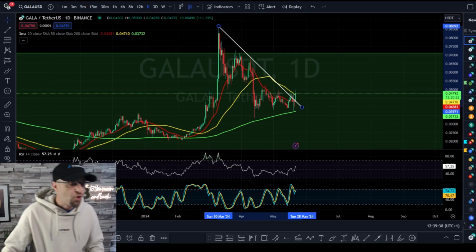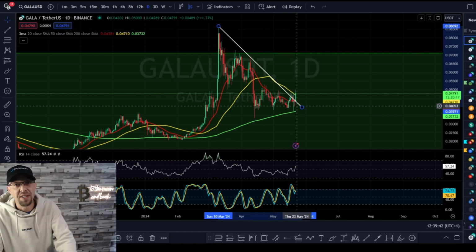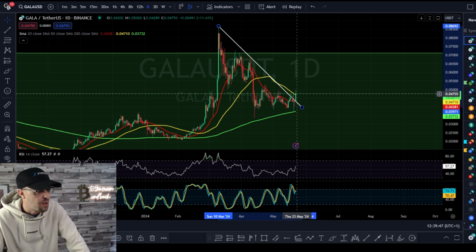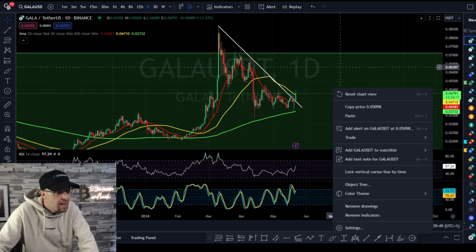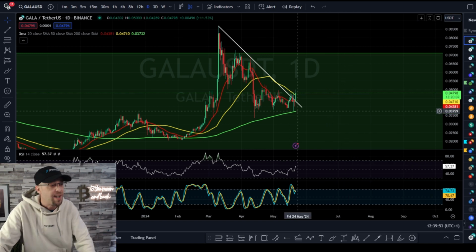Gala's looking juicy, guys, trading just under 5 cents. And this is why I wanted to show you. This is a bit more risk on. It's a little bit more degen. It's high risk, so treat it as high risk as far as risk management is concerned. Ensure that you protect yourself. So what I'm going to show you is this break of trend, the importance of this break of trend, because